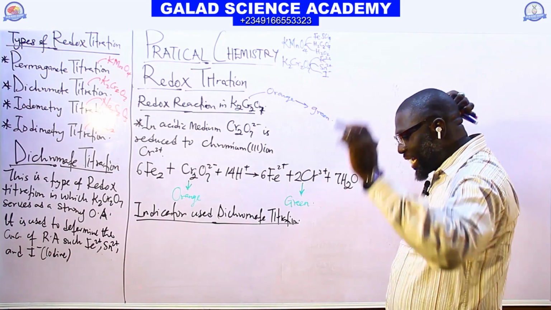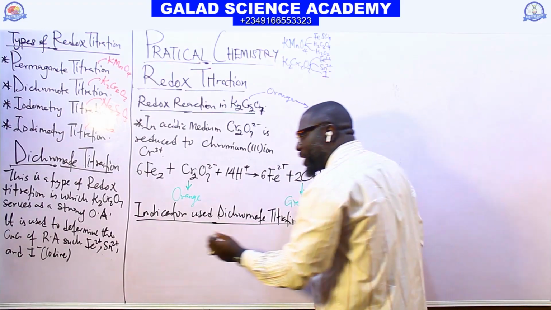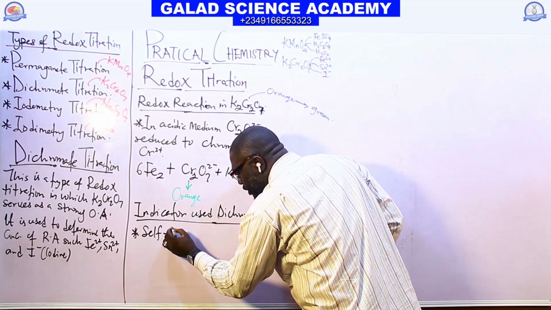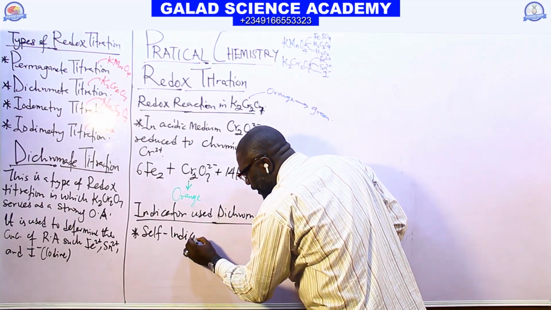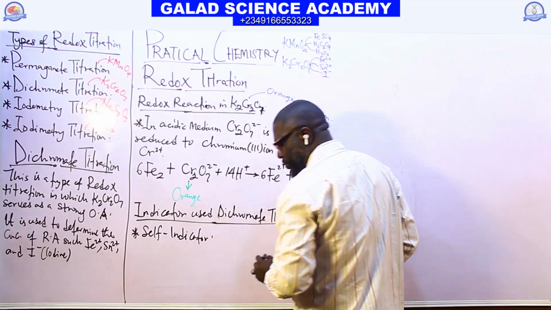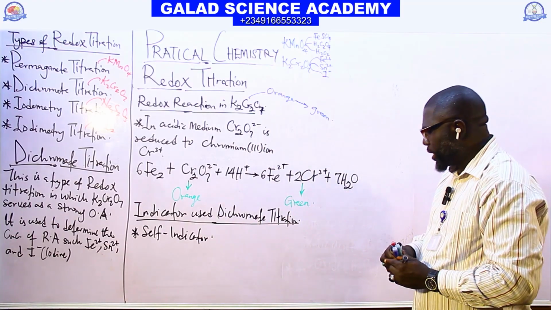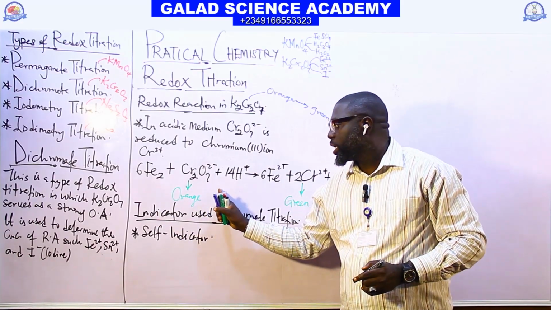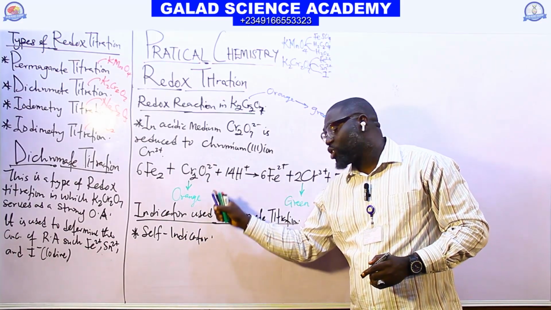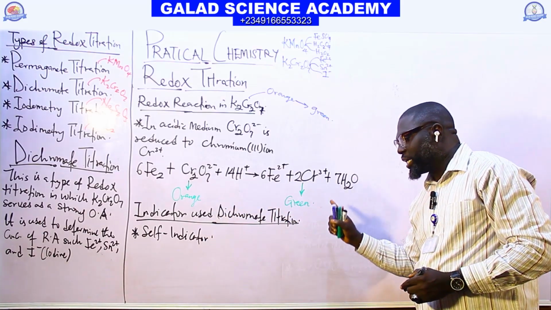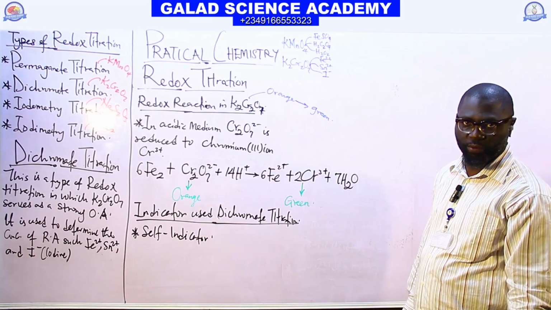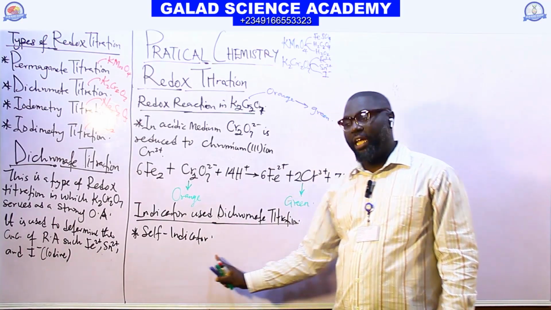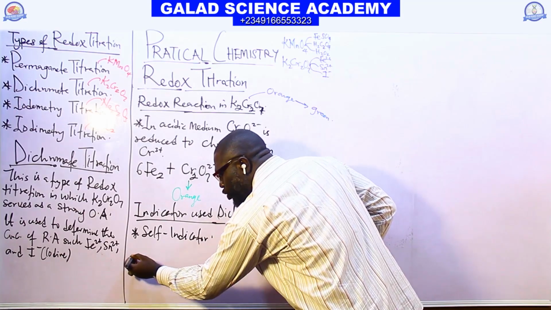I said that if you like, we can use a self indicator, because the original color for this K2Cr2O7 is orange, and it can change to green at the end of titration. So because of that, this is a self indicator. The second one, we can also use